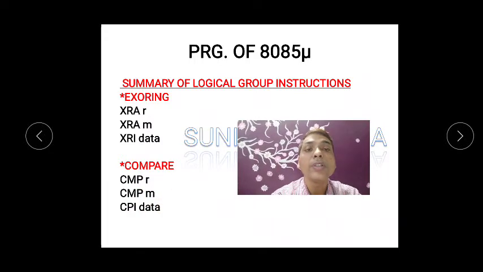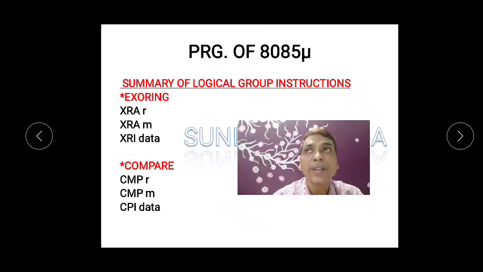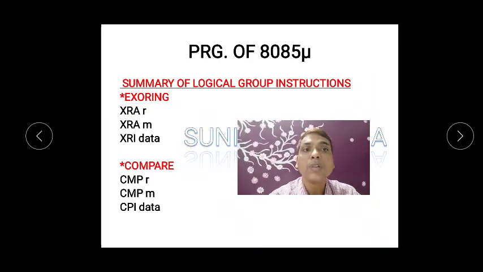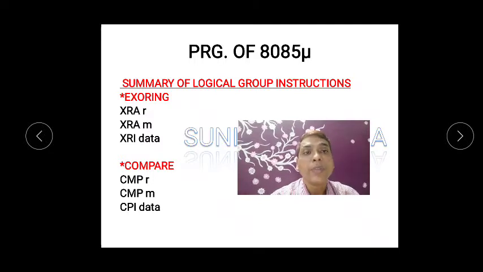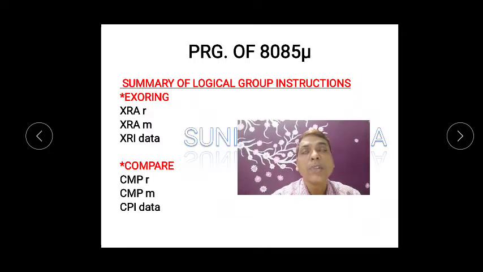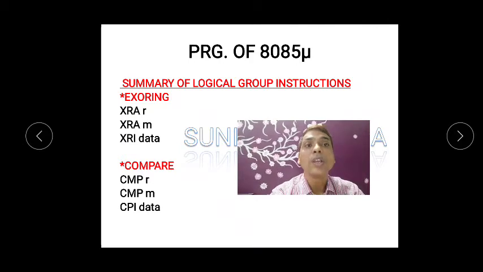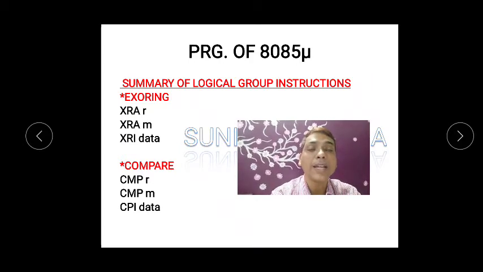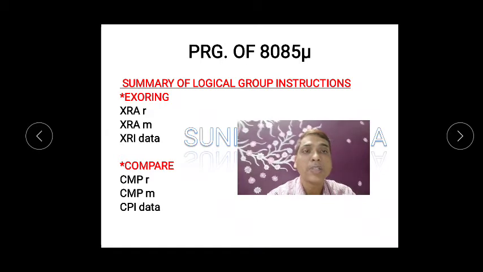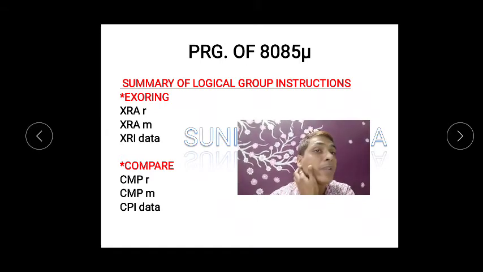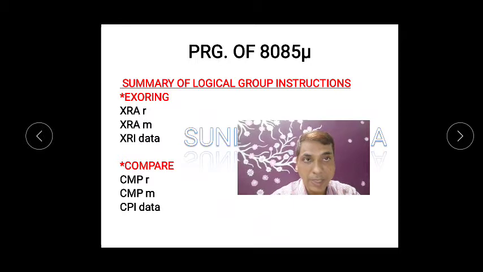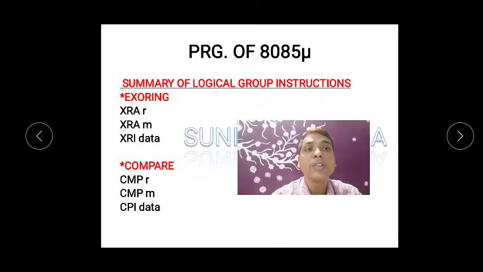Compare instructions are very important, because they might be used to find out if a value is greater, or to find the smallest number, largest number and so on. But remember that compare instruction always follows subtraction rules. If your accumulator value is greater, your carry flag will be 0. If your accumulator value is less, then the carry flag will be 1. If your accumulator value is equal, then your zero flag will be set to 1. I hope you got it.